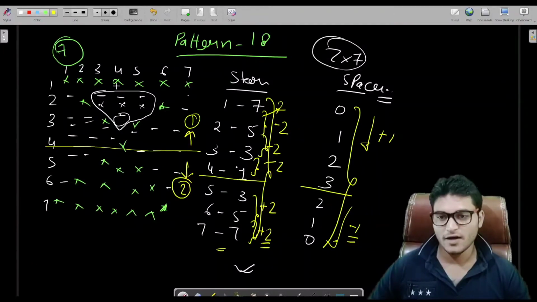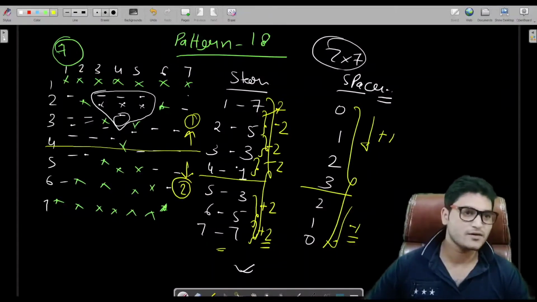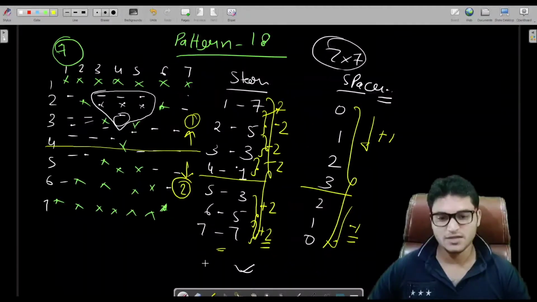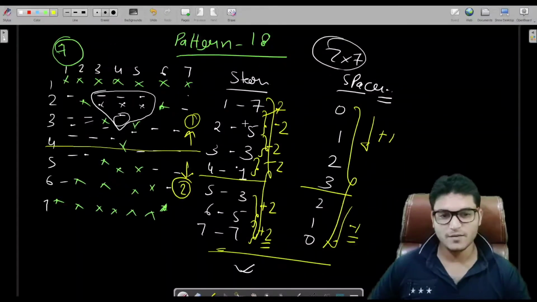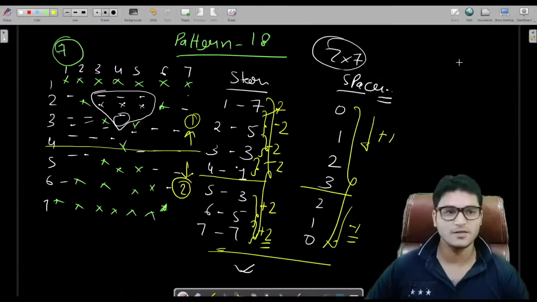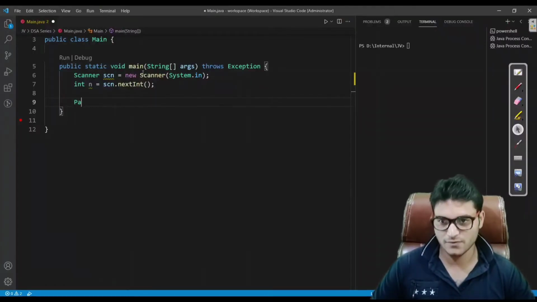And for now I am assuming this part as a filled one, and will remove this. That is not the big task. Fine. So now let's program it, because we are almost done with these numbers, and I am saying from the very beginning that if you are able to build these numbers, then nothing is left in the program. So this would be our program for pattern 18.